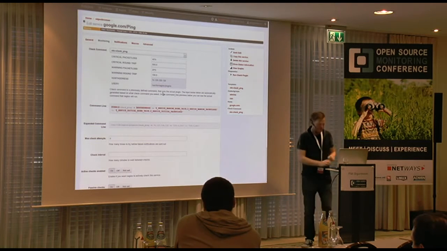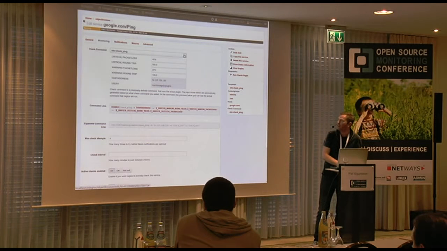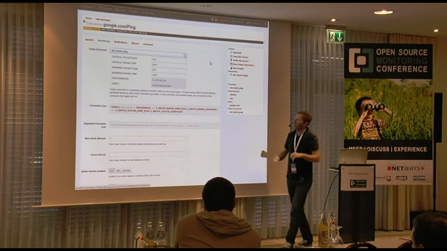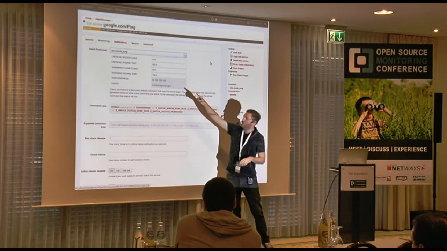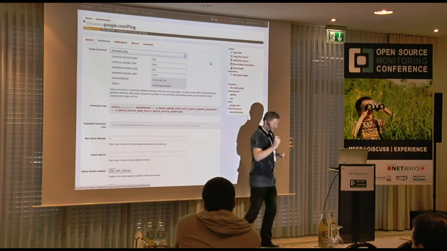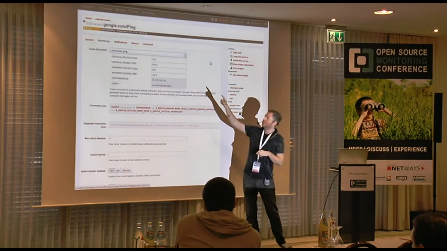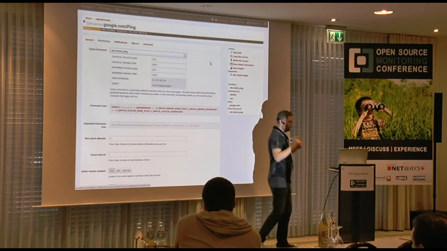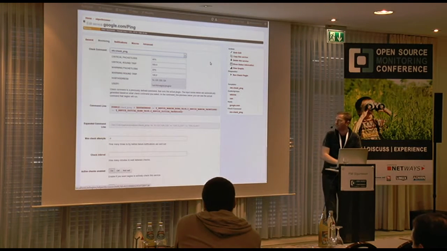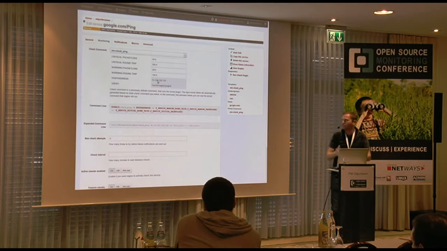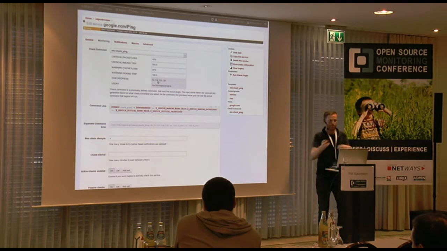And what we get here is we can select which check command is being used. And you will see here below, it will read from the command line definition all the custom variables it has, which makes it really convenient if you want to add or edit some thresholds for it. And you can see here under the command line, you have macros like host address. Yes, they are here. And Adagios will take care of the really boring stuff, which is to resolve those macros